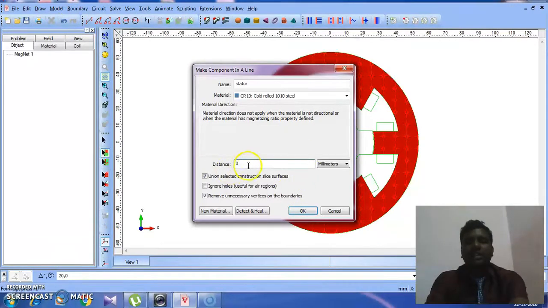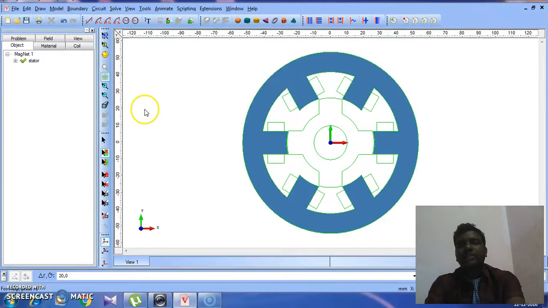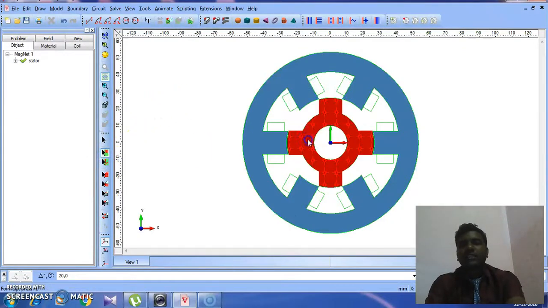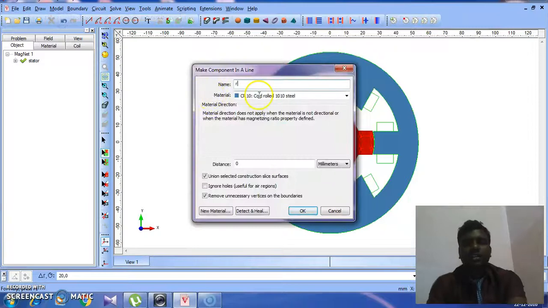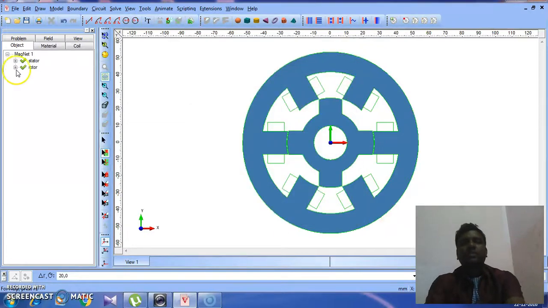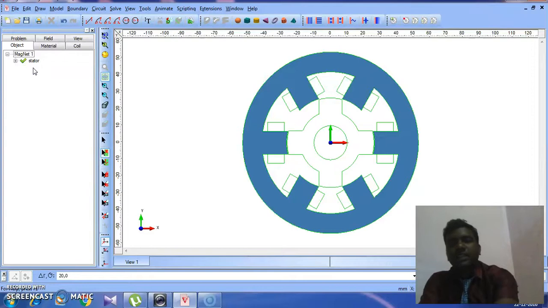So later I will tell what is the use of this distance. So now you are giving us 0, and then similarly for rotor, again it is 0. So now why is the distance only mentioned as 0 there? So again I delete it,